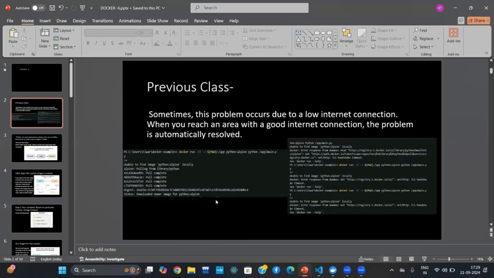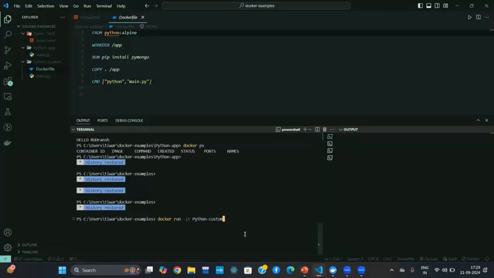Okay, so here is the command docker run -it. In my previous session I also taught all this, but I will check whether this command is present here, so I don't have to write it. Otherwise, I have to write all this. Okay, so this command is here. So if I run this,